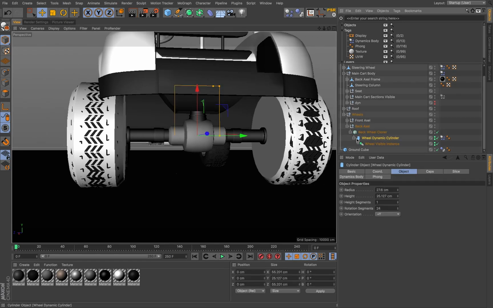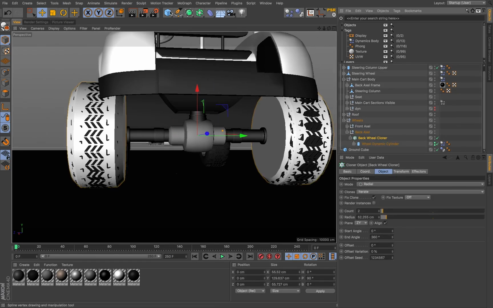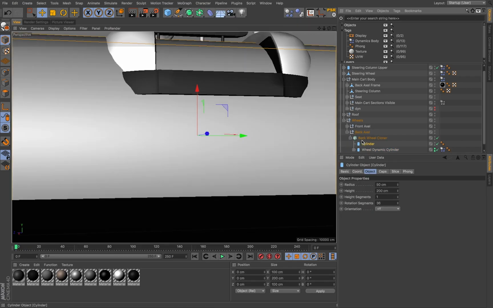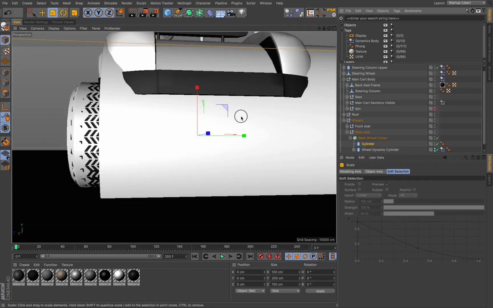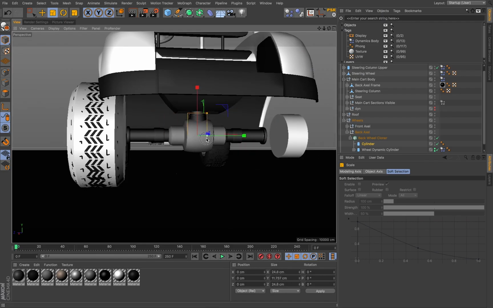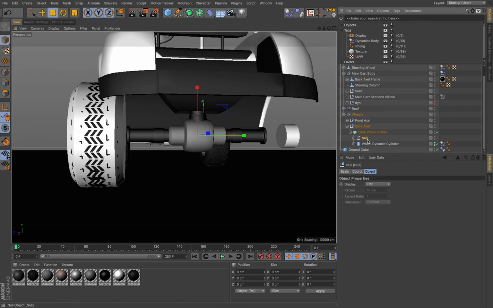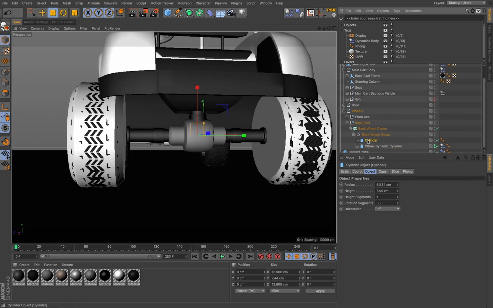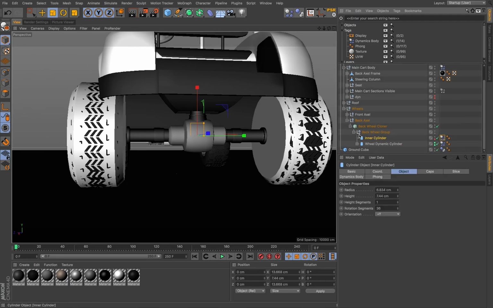So what I also do is, within this wheel, I make another internal wheel. Let's just call this back wheel group. So what we call this one the inner cylinder, and actually make that invisible when it comes to render. Give it the same tag. So this inner cylinder is going to connect